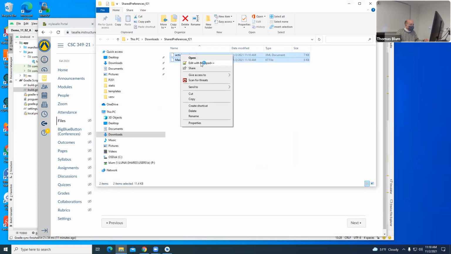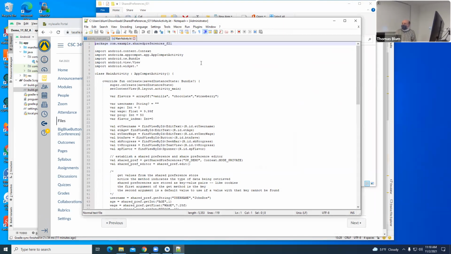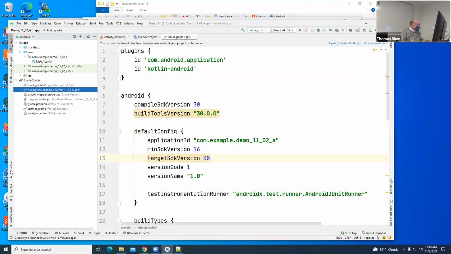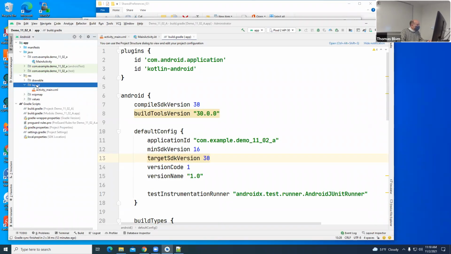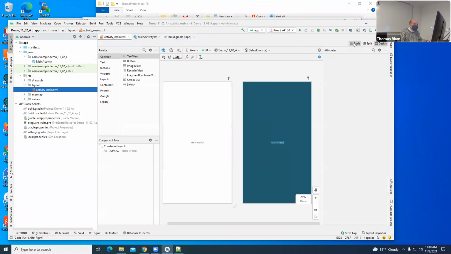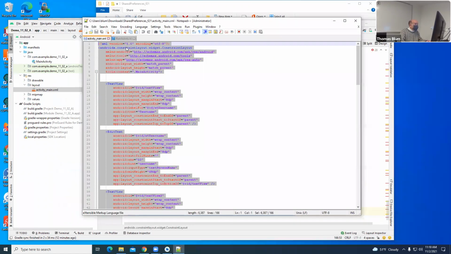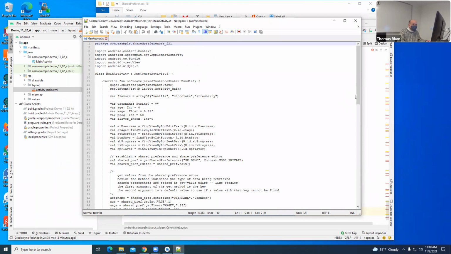Again, this is the same idea as a cookie on a web page. This is remembering something, so you will close the app, open the app back up, and it will remember the things that you told it to remember in the shared preferences. Okay, so main activity main, res layout activity main, code, paste. Okay, and with that main activity,